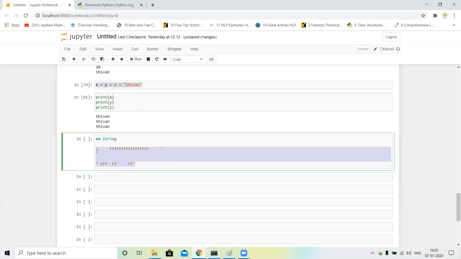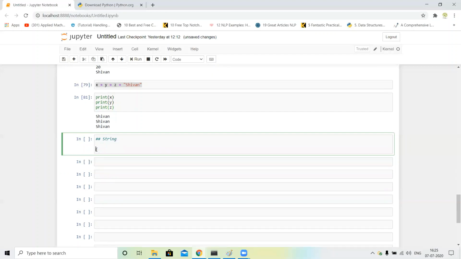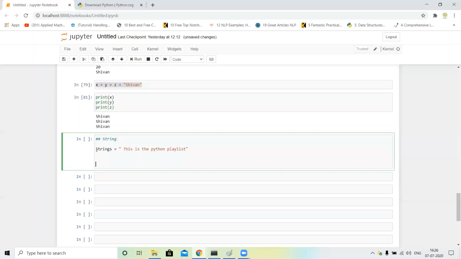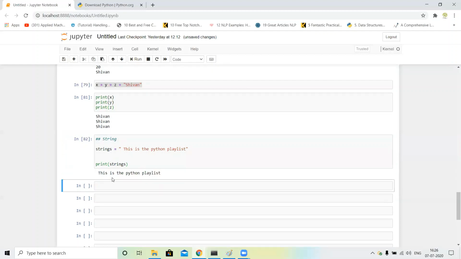So I just remove this and write strings equal to, this is the Python playlist. And I just print strings. You can see our output is, this is the Python playlist.